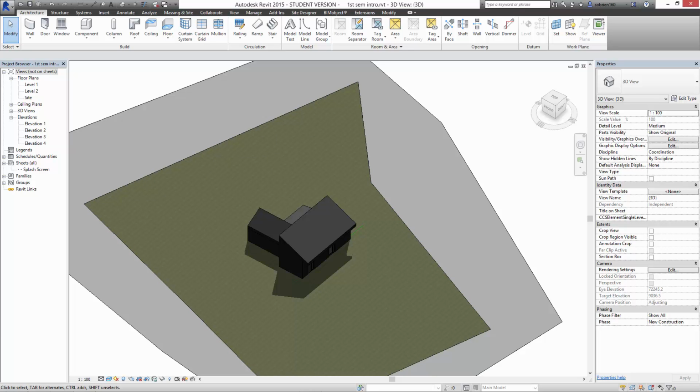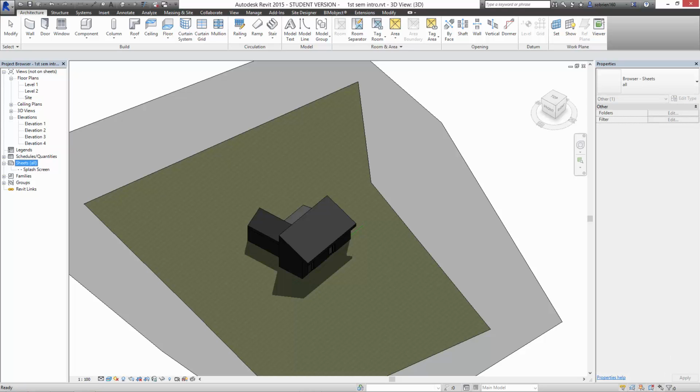So in order to have it in the right place, on the project browser to the left here, we've got all the floor plans, the ceiling plans, 3D views, elevations, but down the bottom we have sheets. And sheets is just your drawings. This is where you assemble all the work you're doing, and you set it up on drawings to be printed out. So if I right click on sheets and say new sheet,